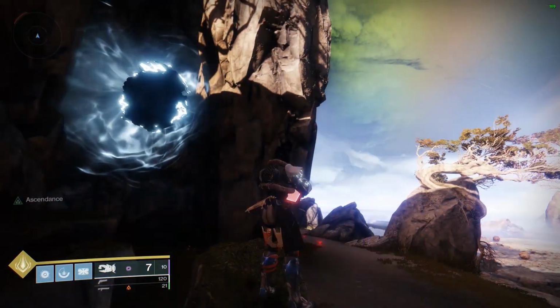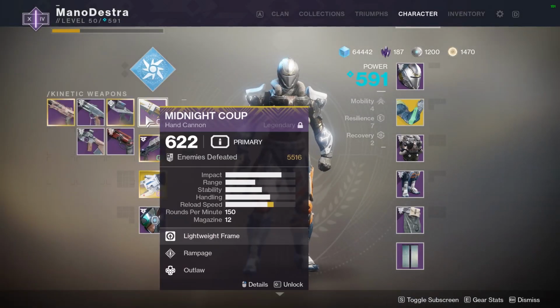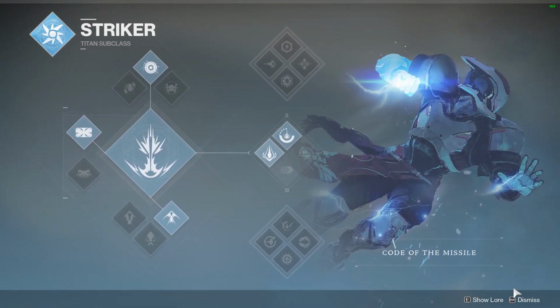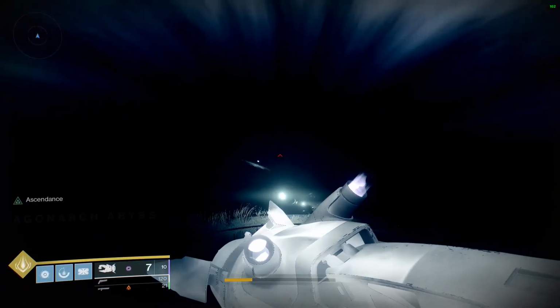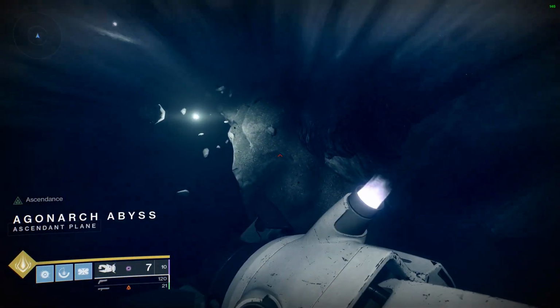If you're on your Titan, you will see that I am using Code of the Missile. It doesn't really even matter what I'm using in terms of my weapons, but you'll see I don't even have it completely leveled up on PC when I took this video. Code of the Missile. And what you're going to do is you're going to move off. This is actually, I think, the fastest way you can do this. But again, just kind of a blast to take care of and to make sure that you get this done